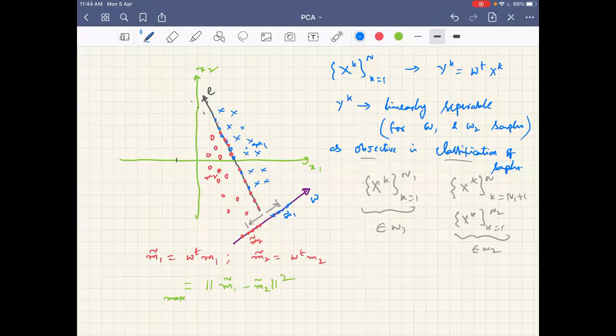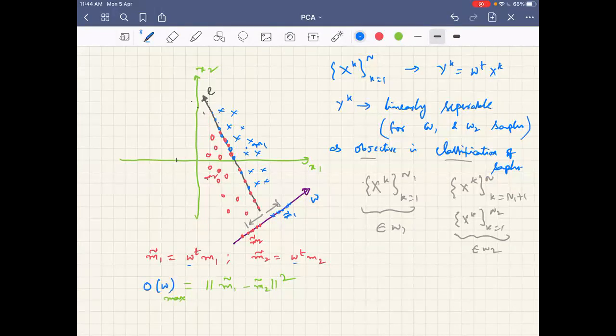Samples are given. Only based on the direction you project do the projected means differ, and hence W, the direction of projection, is what you want to find out. So what you need to identify is that W which will maximize the projected mean difference. Okay, so let this be some objective function, involving M1 and M2. In fact this objective function involves W, because this is the direction of projection. Other things are involved, but I am writing just like this.